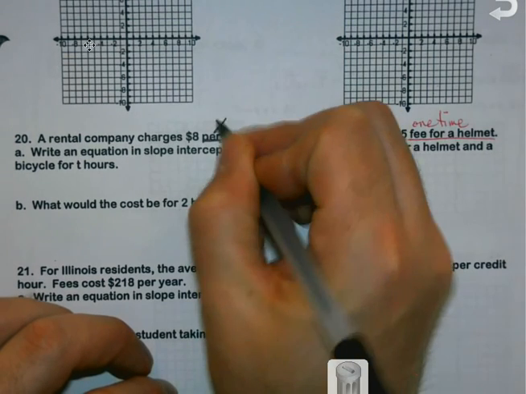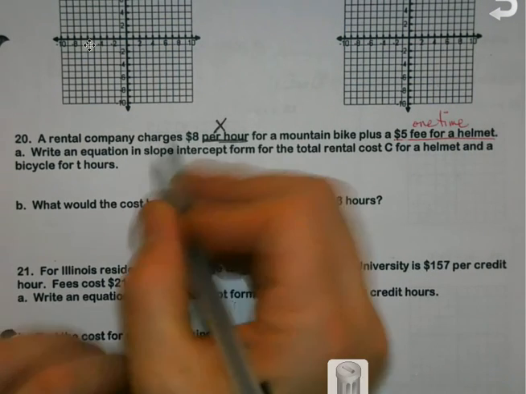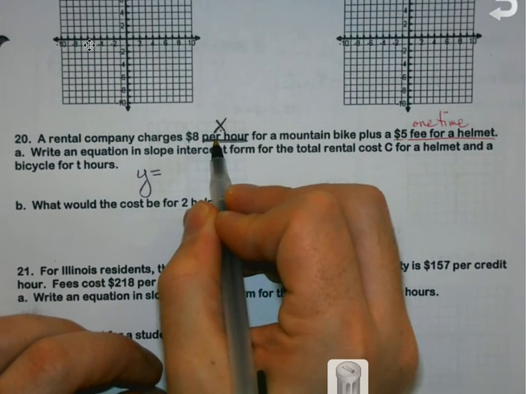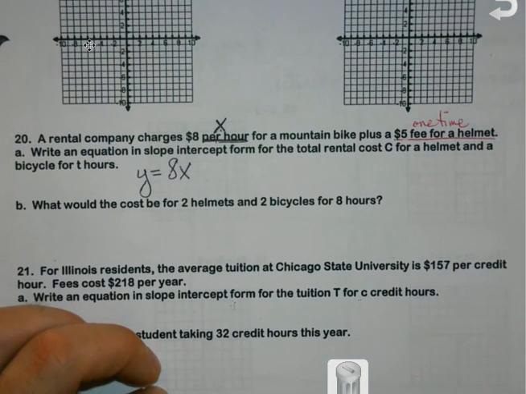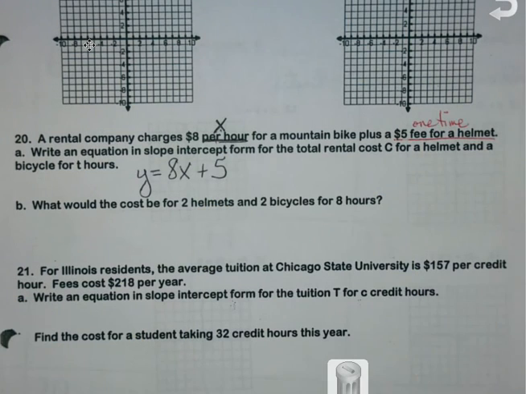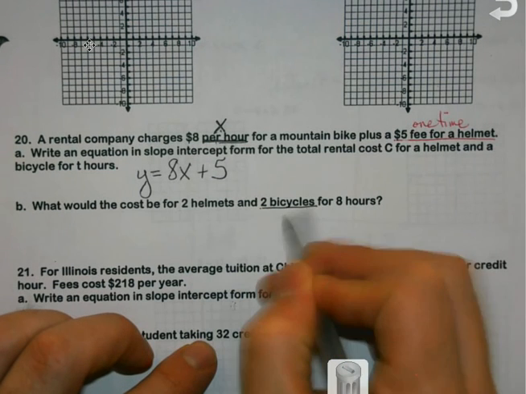Whenever I see something that says per hour, per day, per whatever, that's where my X is going to be. So when I go to make my equation, wherever the per something is, that's the one that goes with the X. Wherever the one-time cost is, that's the number that goes on the end as my Y-intercept. So here's how this would go. When it says what would be the cost for 2 helmets and 2 bicycles for 8 hours, I say, okay, the bicycles